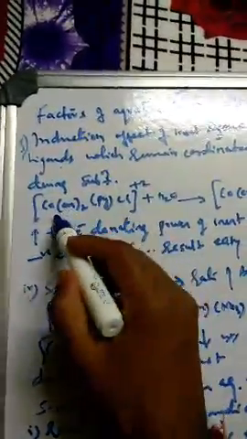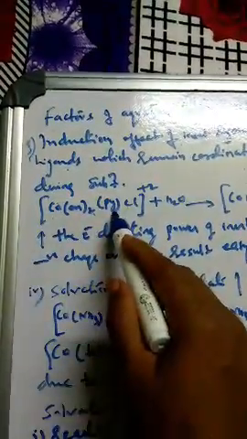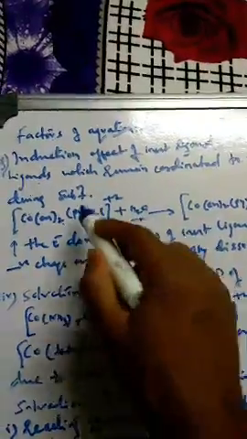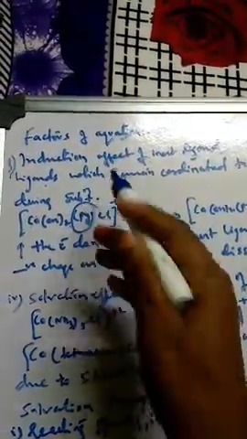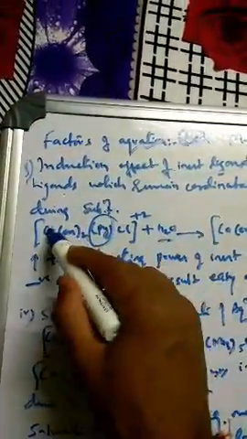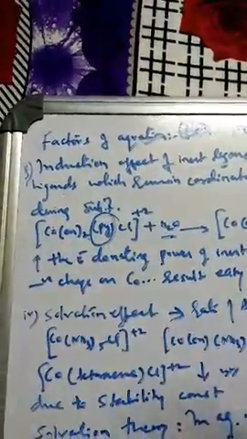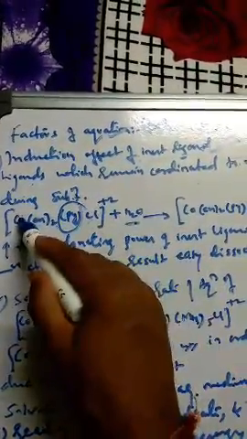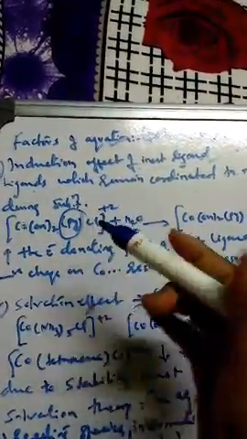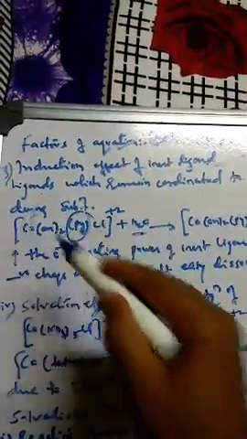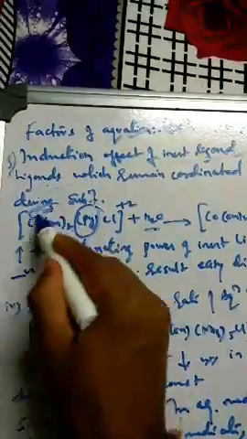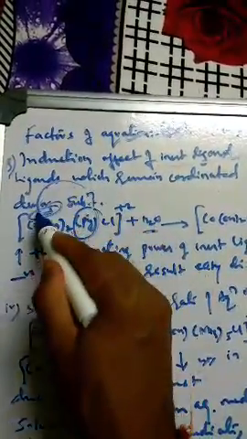One example I have taken here is bis(ethylenediamine)pyridine chloro cobalt(II). When you go for substitution here, the pyridine is acting as an electron donating ligand, coordinated to cobalt. So the metal to chloride bond will be weakened because of the donating nature of the inert ligand to the metal ion. The negative charge will be increased here due to the donation of electrons to the metal ion.